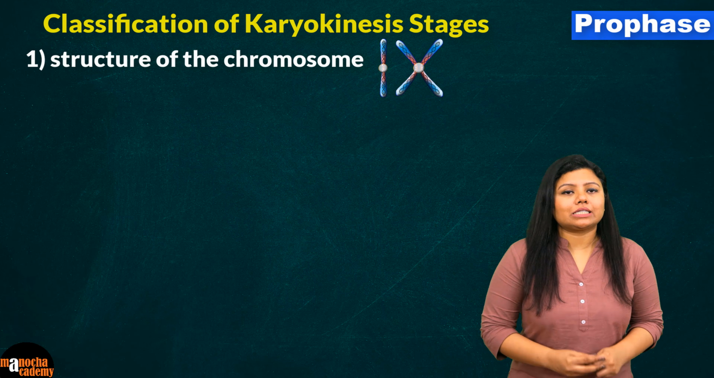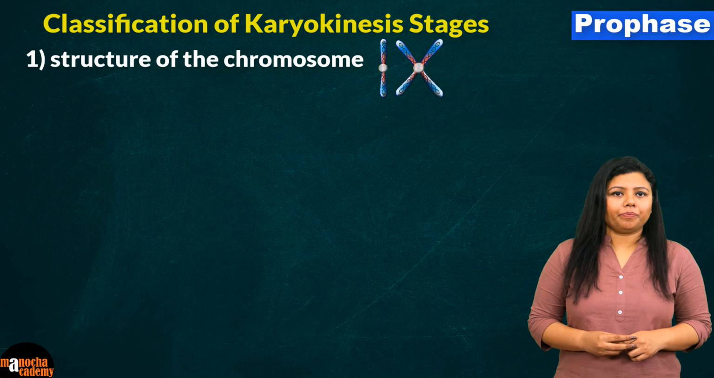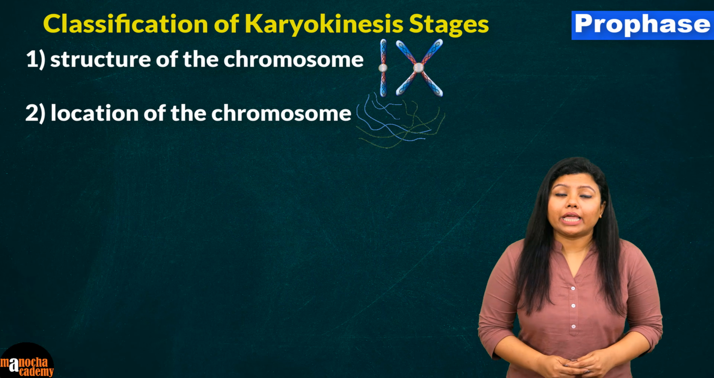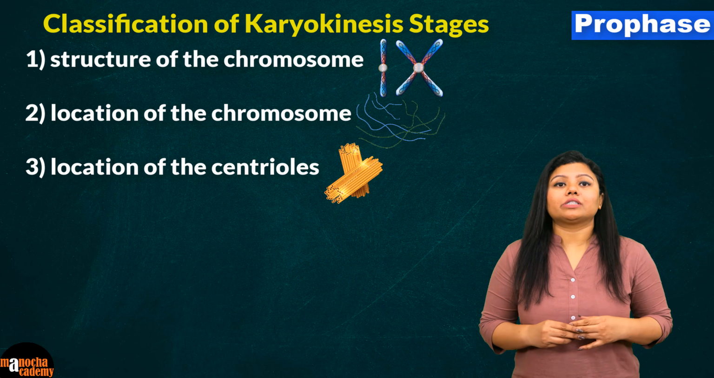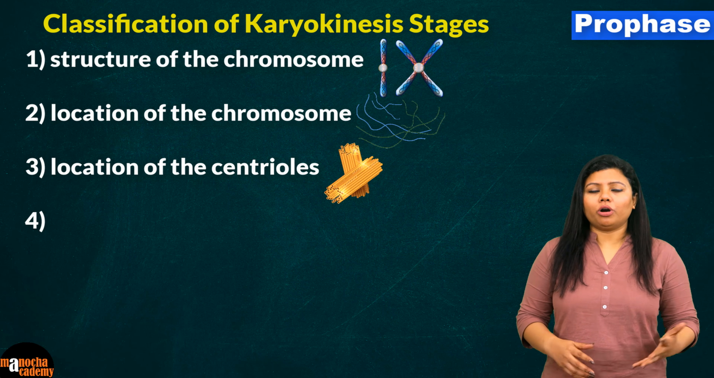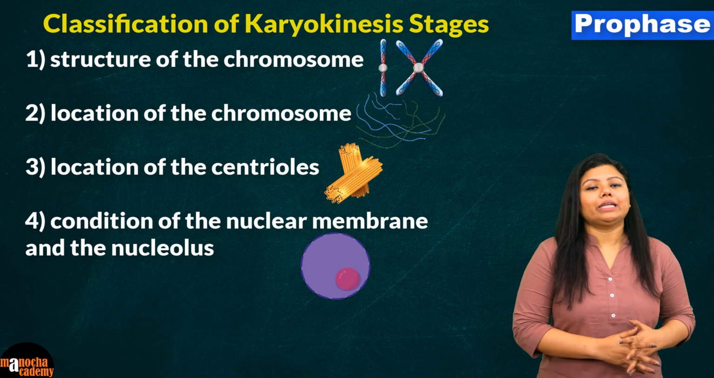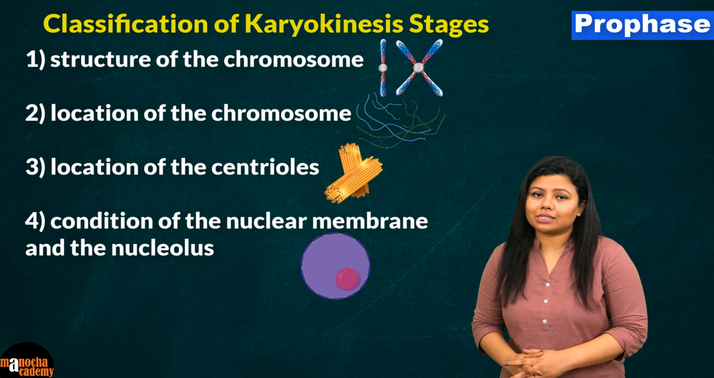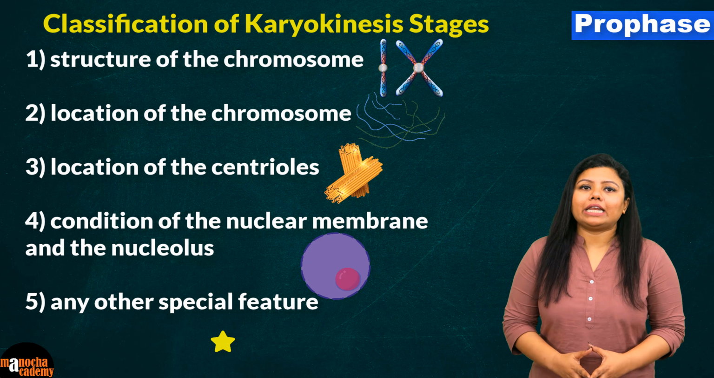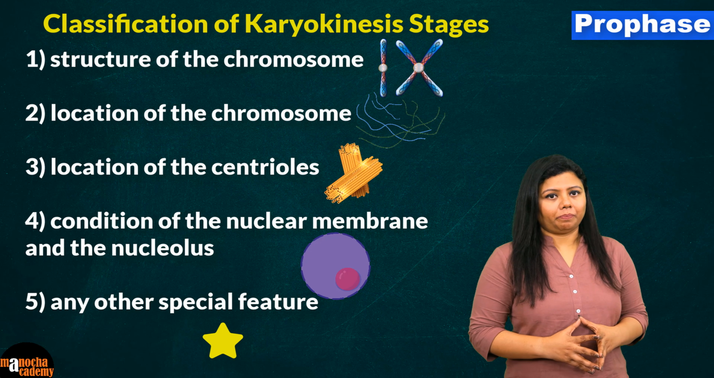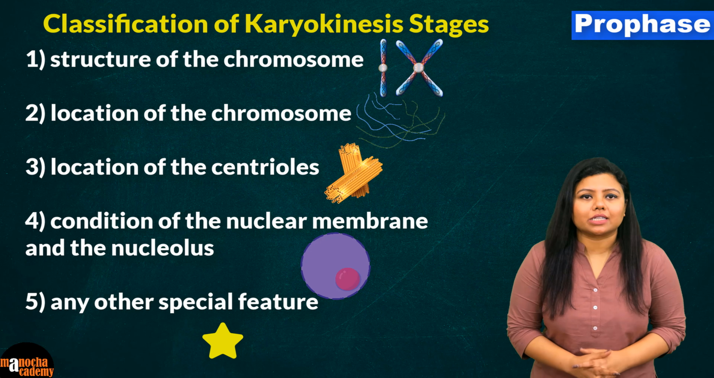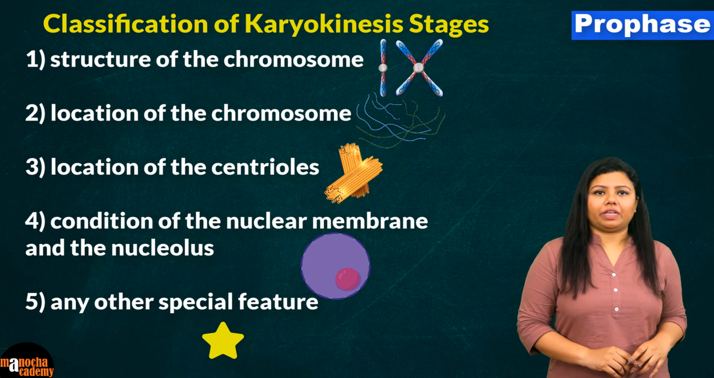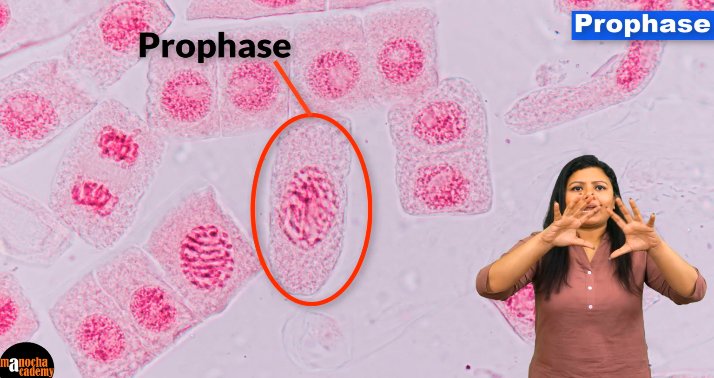1. The structure of the chromosome. 2. The location of the chromosome. 3. The location of the centrioles. 4. The condition of the nuclear membrane and the nucleolus. And 5. Any other special feature. If I just go through these points as far as prophase is concerned, during prophase we see that the chromatin